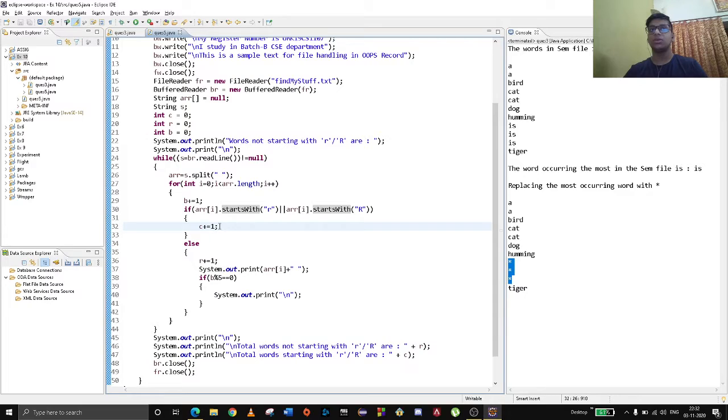What is c plus equal to 1? It means we're providing a count variable, so every time that word comes, we count.